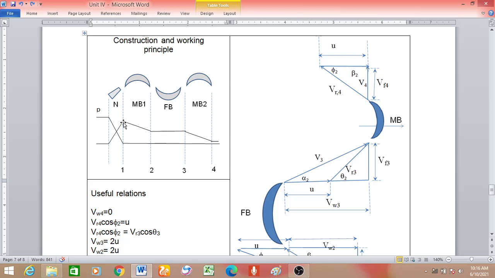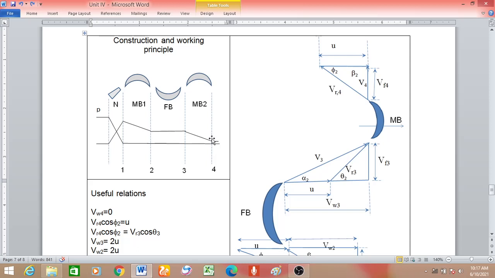Some portion of the kinetic energy will be absorbed in the first set of moving blade. Okay, then the velocity remains constant. That is what I have mentioned before. The absolute velocity will remain constant at the inlet and outlet of the fixed blade. Again the kinetic energy is absorbed in the moving blade, because the fixed blade will not move, so the fluid will not give its energy, so it will retain its energy. Whereas in the moving blade the fluid gives energy to the moving blade, so the kinetic energy drops. So this is the variation of velocity.